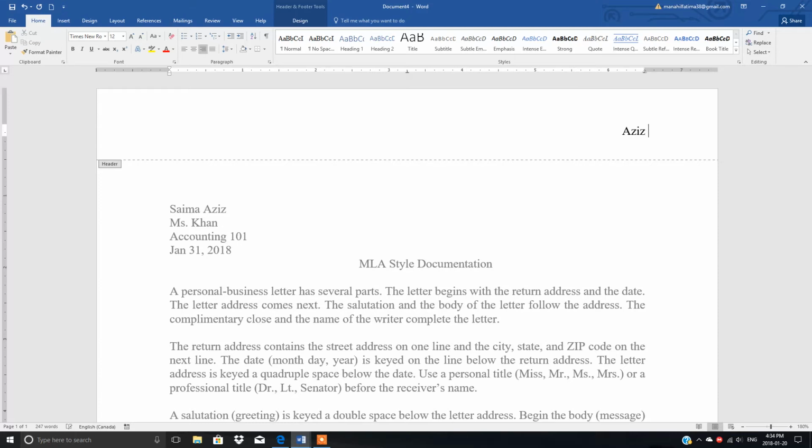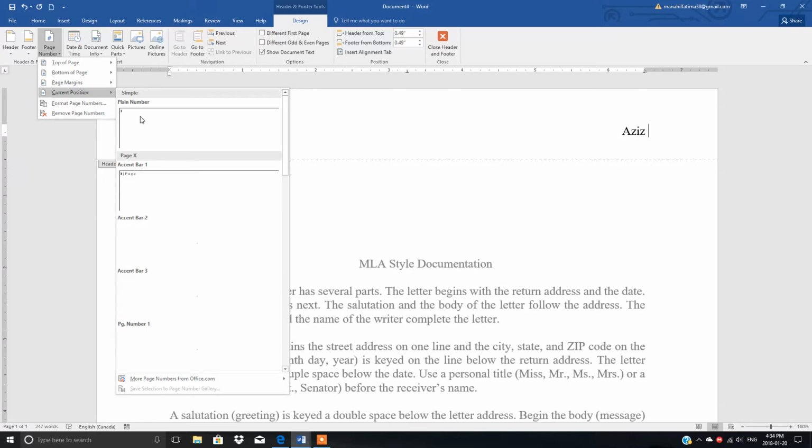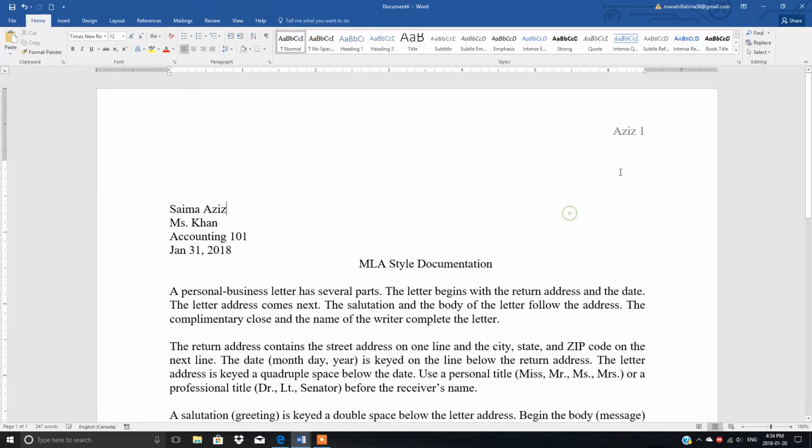Press the space bar and then click on the Design tab. In Header and Footer, click Page Number, Current Position, and Plain Number. So this is one, and then close it. This is the header. You have to write it on the right hand side: first your last name and then the page number. The same format will automatically apply to the rest of the pages. And then you have to set